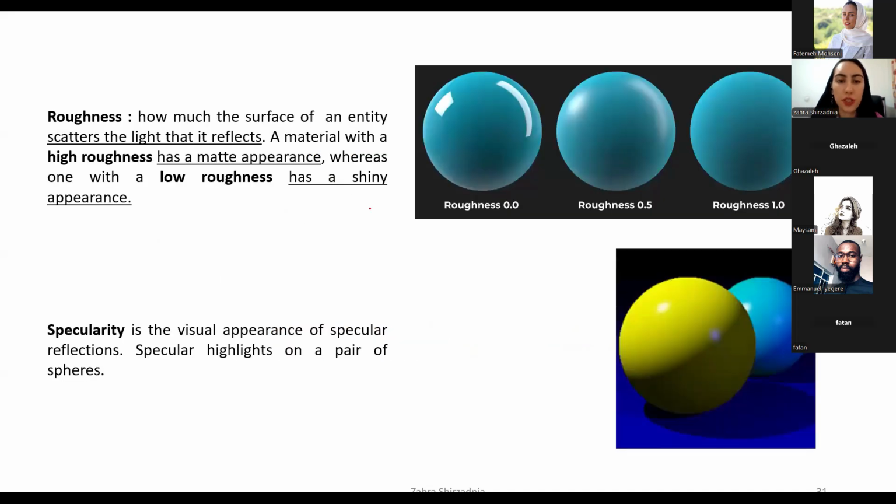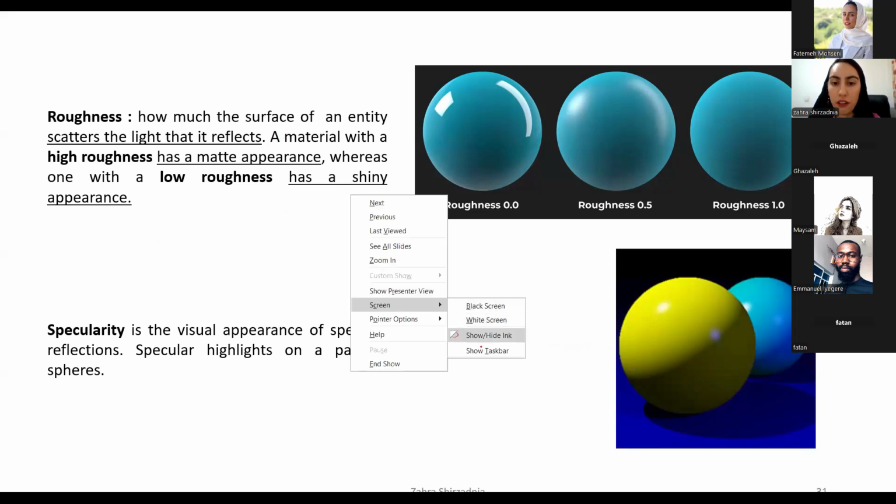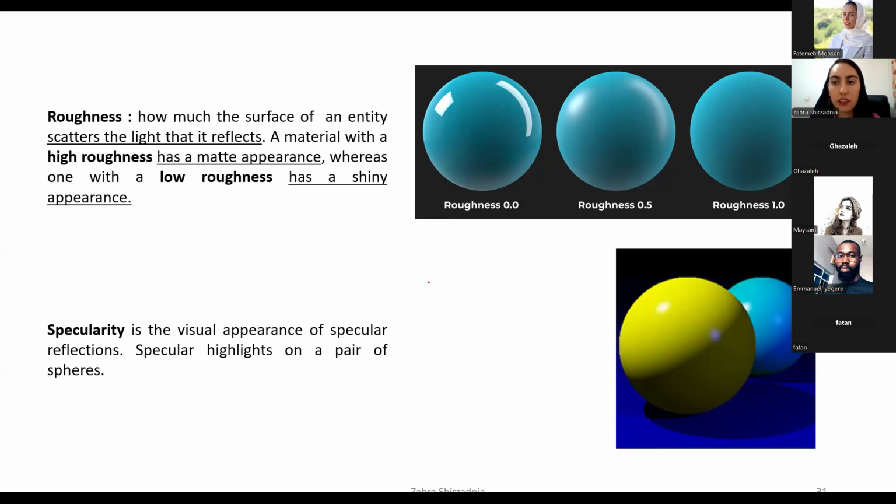And now it's time to talk about the features of material. These are some features related to the material that is used for daylight simulation, and one of them is roughness. When we say high roughness, it has a matte appearance, whereas one with a low roughness has a shiny appearance, and we say